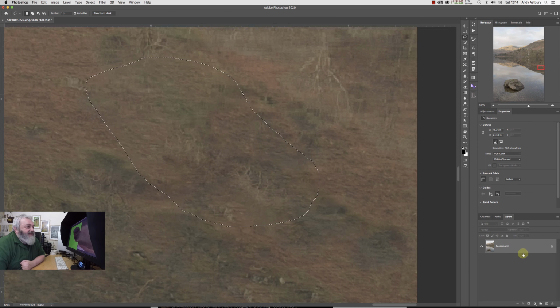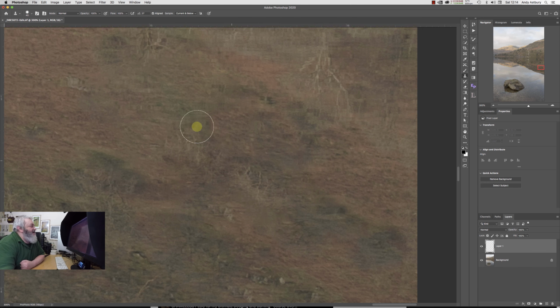So we'll click OK. And I don't really think that's looking too bad. If we go select, deselect, it's not looking too bad, not really. Nobody's really going to notice these, but we can just come over with the clone stamp tool. We'll just bob in a new empty layer there, sampling current and below with the clone stamp tool itself. And what are we going to do? Let's just drop the opacity of the clone stamp tool to around about 67%, and we'll just out click on there